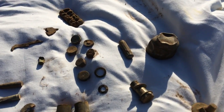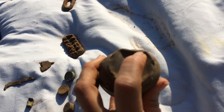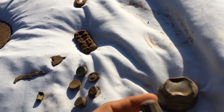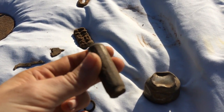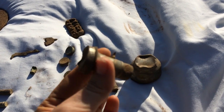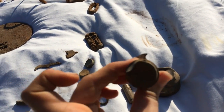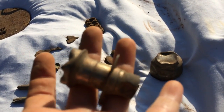Then my car implements, let's see, an old hubcap. I have found the old Ford hubcaps before, but this one unfortunately doesn't have any writing on it. Then I'm pretty sure this is an old Model T valve cover stem. And then I didn't clean this out, but I'm pretty sure this was probably one of the newer cars that would have had a lighter that fit in, possibly an old lighter to a vehicle,